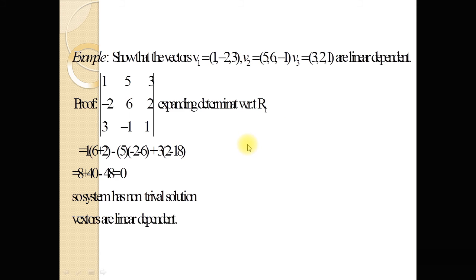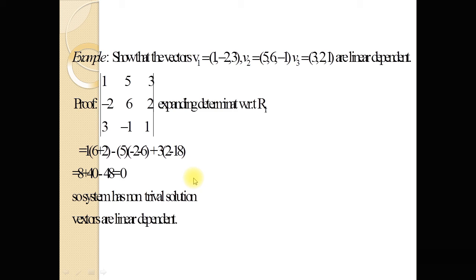If the system of linear equations is homogeneous and the determinant is equal to 0, then the system has a non-trivial solution, so many solutions. So the vectors will be linearly dependent. This point is very important to note: in the case of a homogeneous linear system, if the determinant is equal to 0, it does not mean that the system has no solution. It means that the system has many solutions. The system has a non-trivial solution because this is a homogeneous system.